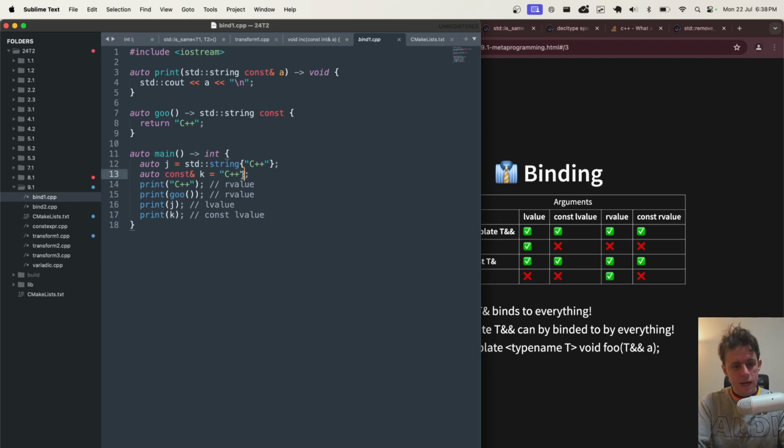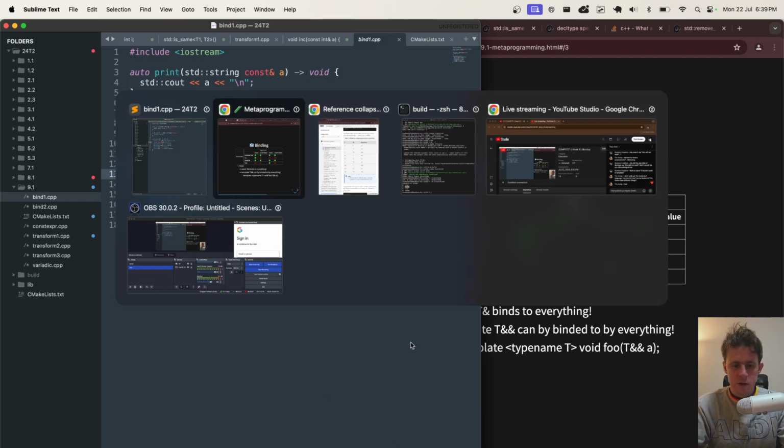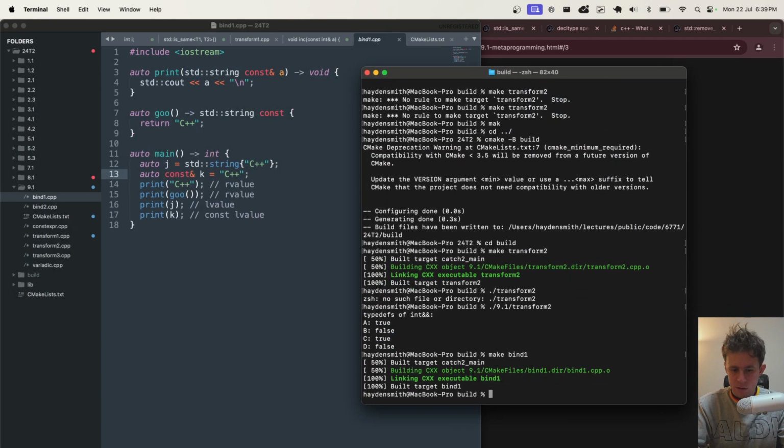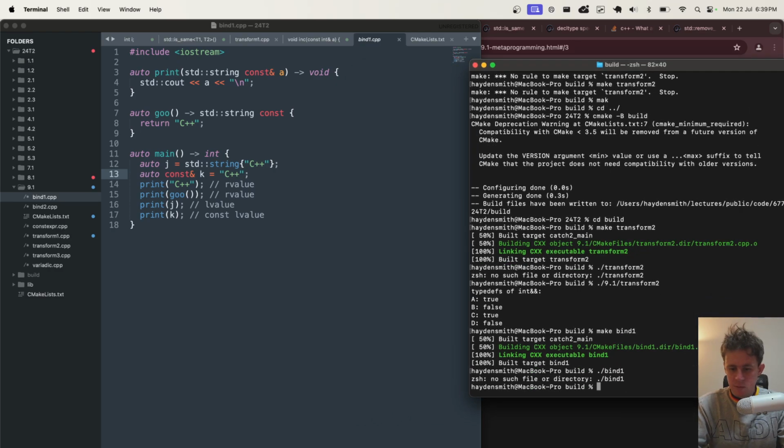I have to say though, having looked at this, I'm trying to digest exactly what's going on here because this is obviously a string literal, and I'm trying to figure out what type K is. Normally if you just make something a string literal, it's a const char star. I'm kind of intrigued by the idea that a const reference kind of works. So if I bring up the code here and say make bind 1, it makes sense, it works.